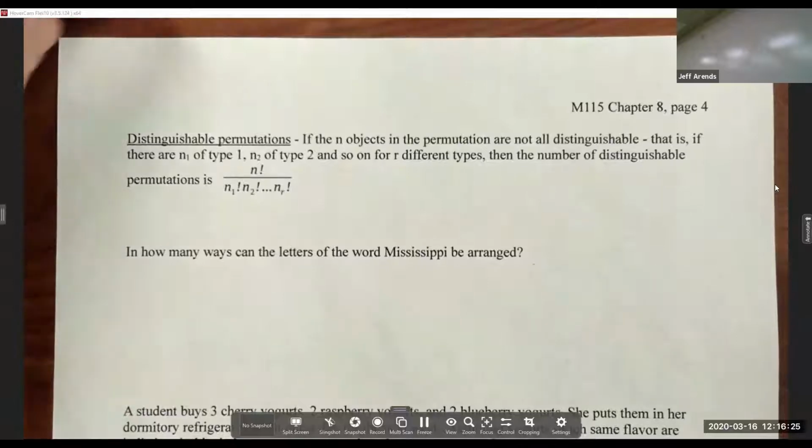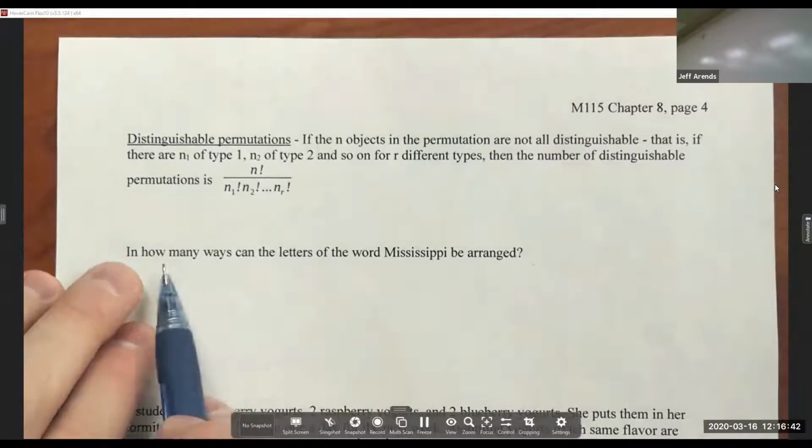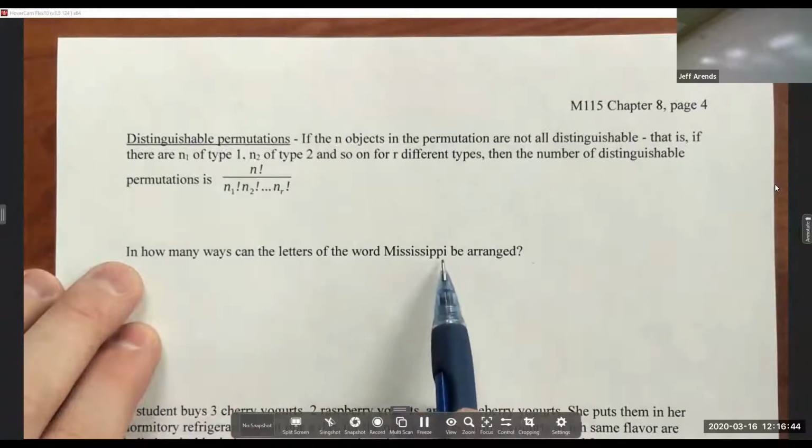All right, now let's discuss distinguishable permutations. Distinguishable permutations deals with the situation, what happens if we can't tell all of the items apart? If I'm rearranging the letters of the word